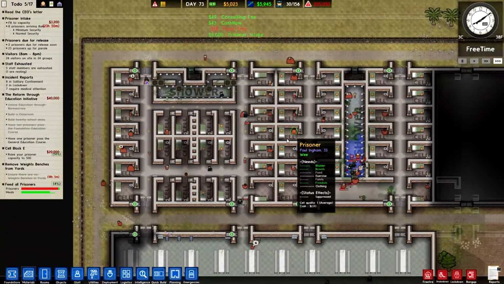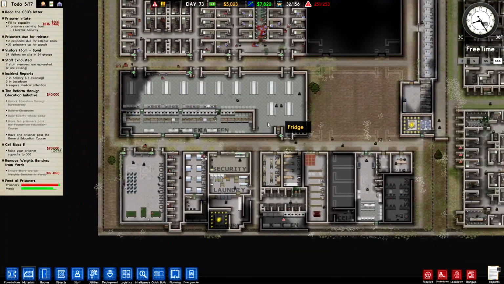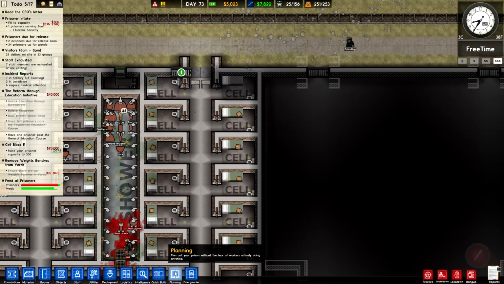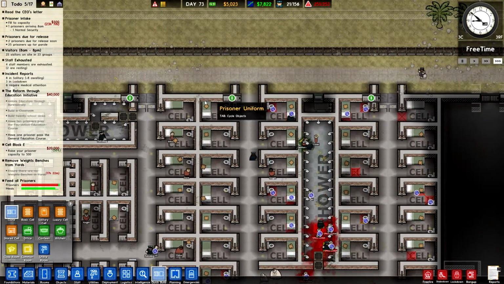Guards are kicking off in there. Danger level going up, but yet going down at the same time. So that, and then it just jumped up to $7,000. We're gonna add some more prisoners in here. So quick build, clone. We're going to clone this side right here,